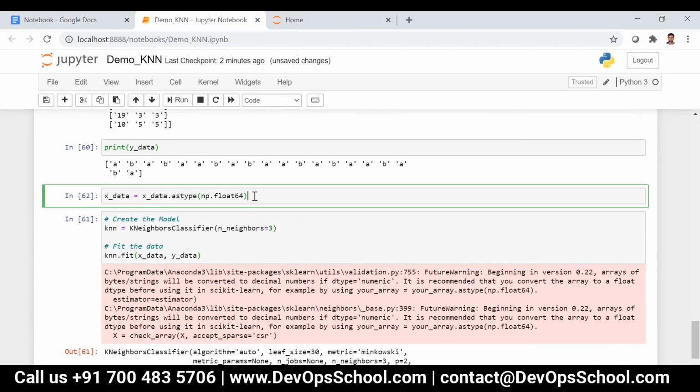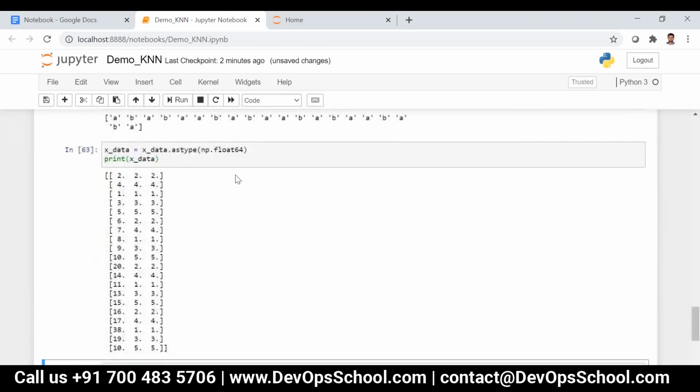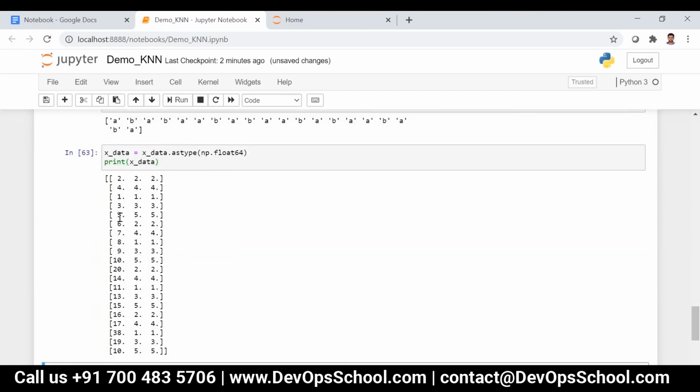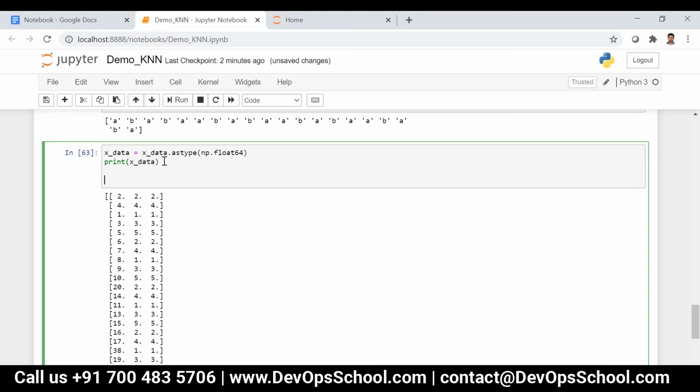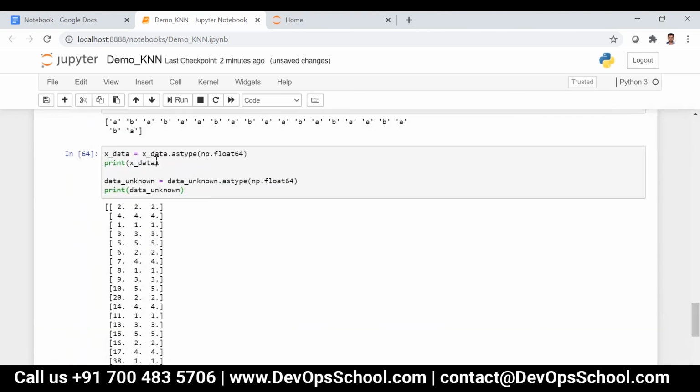Now if I print this x_data, you can see everything is in the float data type. Similarly, I can convert data_unknown also: data_unknown is equal to data_unknown.astype(np.float64). We are just typecasting it, nothing else. All right, let me just print it.